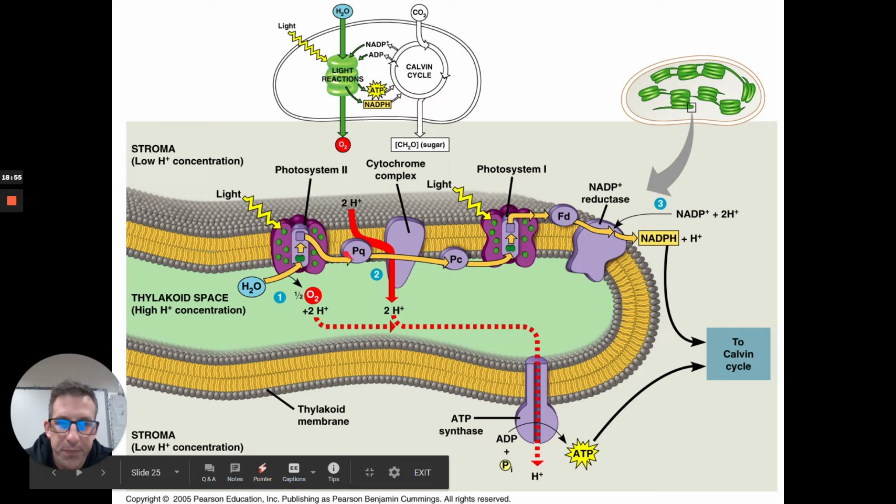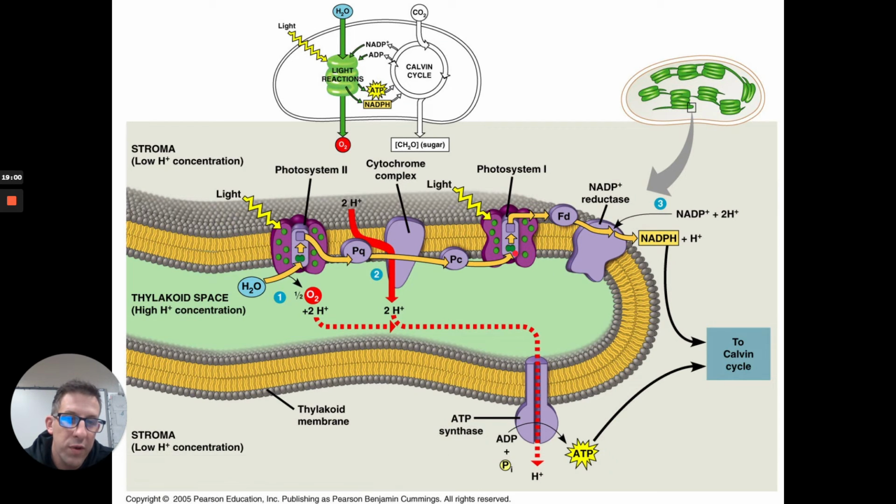And those electrons work their way through to photosystem 1, where they hang out here in the chlorophyll A. More light is harvested. They get bumped up to a higher energy level. The electrons are passed down another electron transport chain and ultimately end up in NADPH. Okay? Now, the products of these light reactions, the NADPH and the ATP, both end up in the next phase